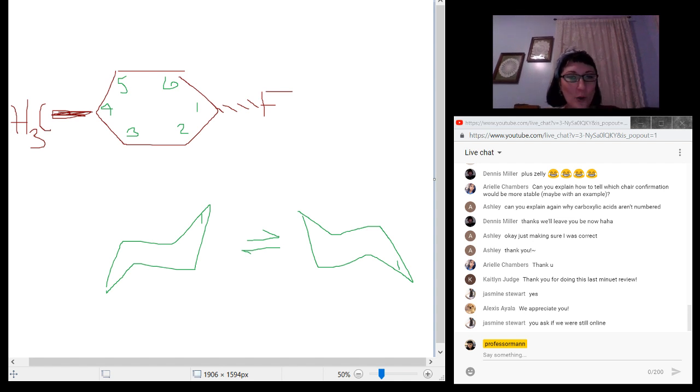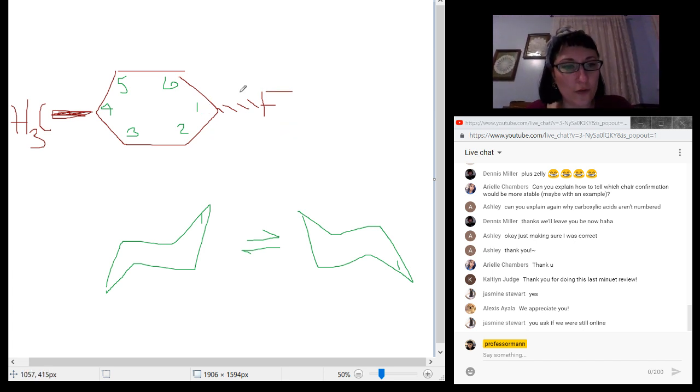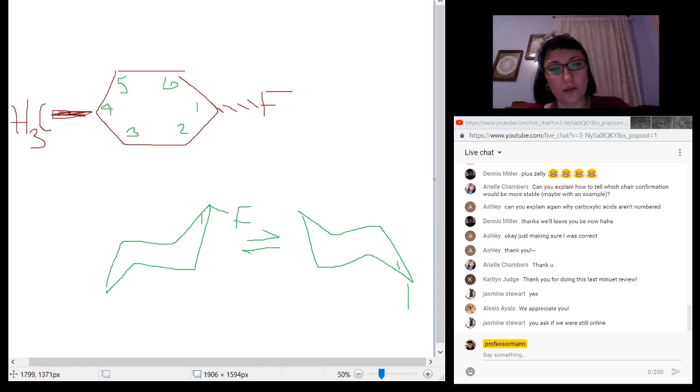I do appreciate it. Okay, so fluorine, as shown here, is in the down position, right? So if I'm showing it on this one over here, it's in the down position. And if I'm showing it over here, it's still in the down position. That hasn't changed, right? If I have the methyl here at carbon 4, and it's in the wedge lines, which means it's pointing out at you, meaning it's pointing up. So that one. And then if we have it there, still pointing up, that didn't change.